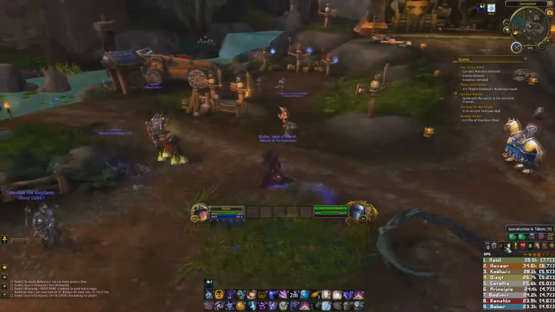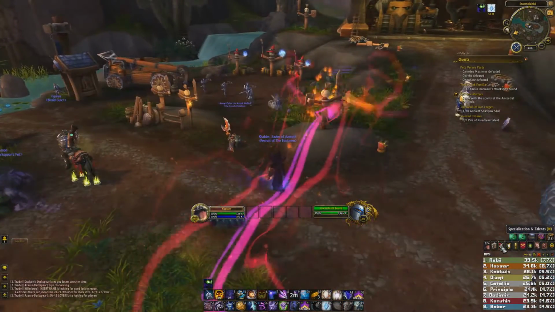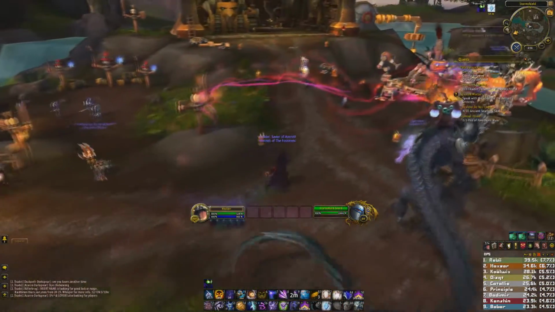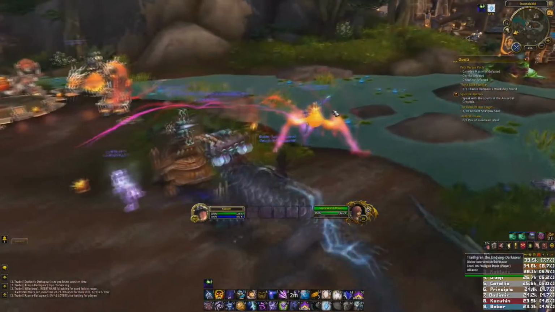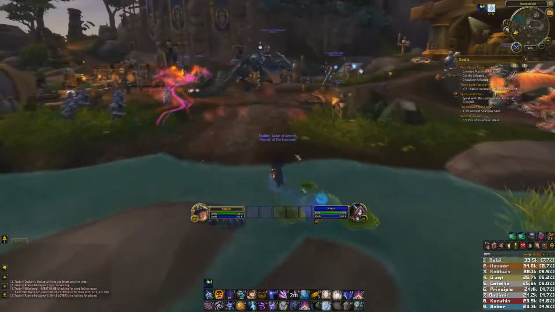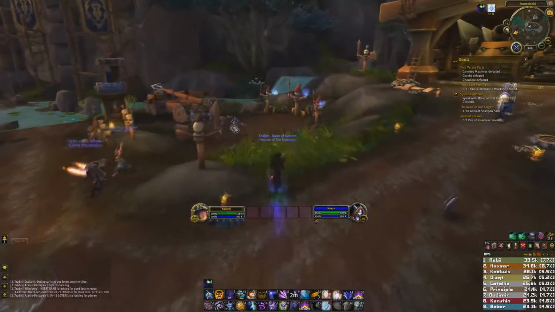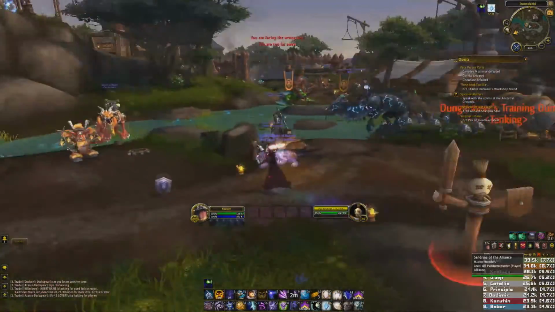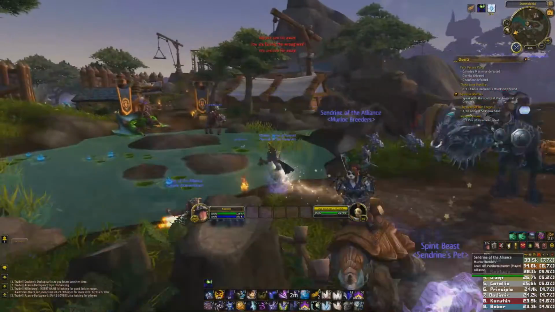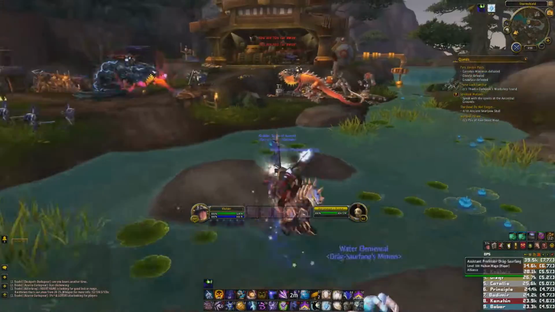So now I'm going to go through CC and using Leap of Faith. Leap of Faith is the ability that you can grab people with. So if someone's in your party, you can grab them towards you. This is actually really helpful in arenas, or anything really, because say...